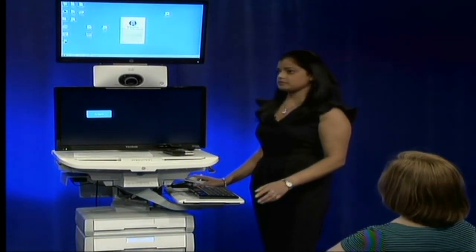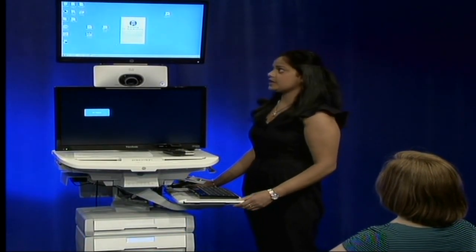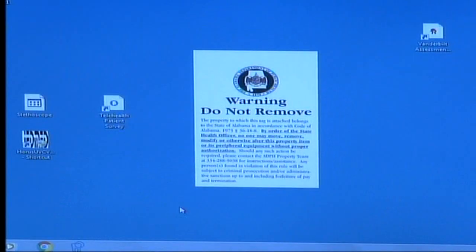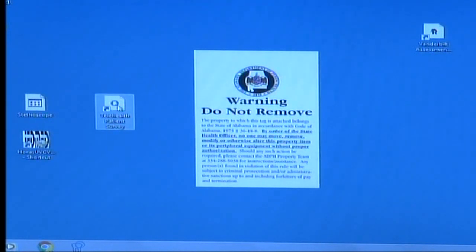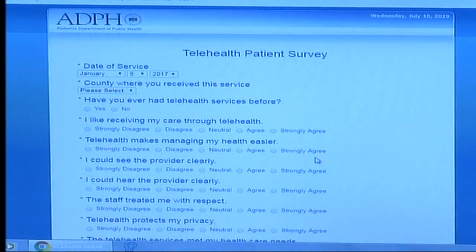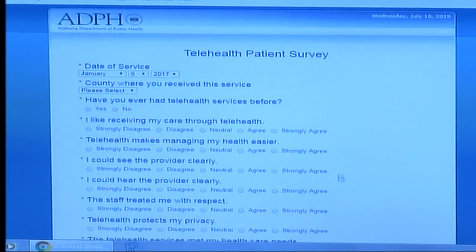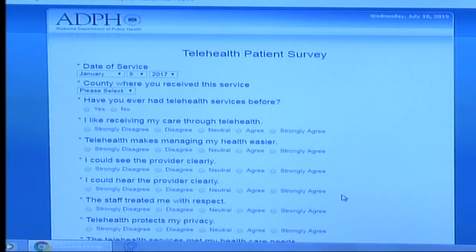Now that we have finished the patient-provider interaction and the appointment is over, it is time to complete the patient survey and the telehealth log. To complete the patient survey, come to the computer and go to the top monitor and double-click on the icon labeled Telehealth Patient Survey. The survey immediately pulls up with a list of questions. The survey is 2 pages,